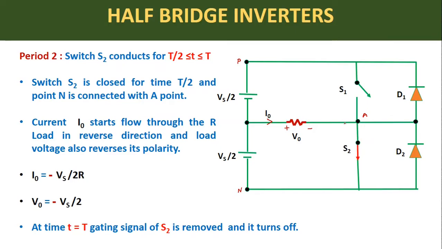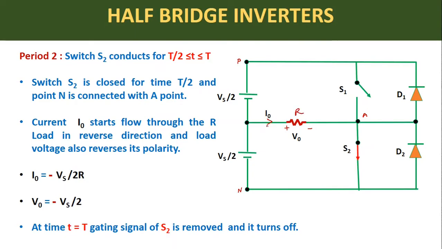During period 2, the S2 thyristor will go into the on condition. So it will act as a short circuit, or as a closed switch, and S1 will remain in the off condition. So when this S2 switch goes into the on condition, this point N will be connected to this point A and the load current again starts flowing in this